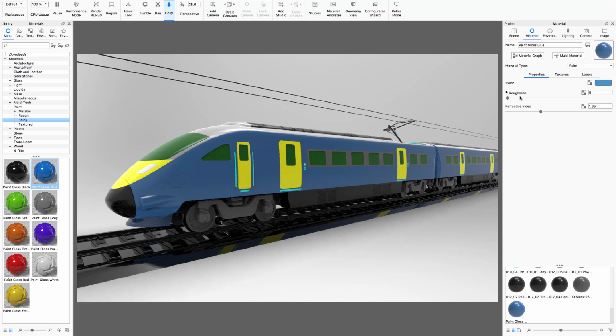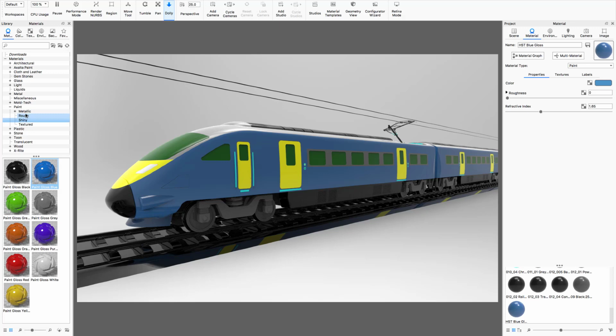I also have a roughness slider here. Now the roughness slider basically means that on the left the paint is completely smooth and shiny, and as I move the slider over to the right I get a more satin or rough finish to the paint. Here of course I want something that's completely smooth or shiny, so this slider should be all the way over to the left. Now I'm going to rename this material, and I'm going to call this HST Blue Glass,